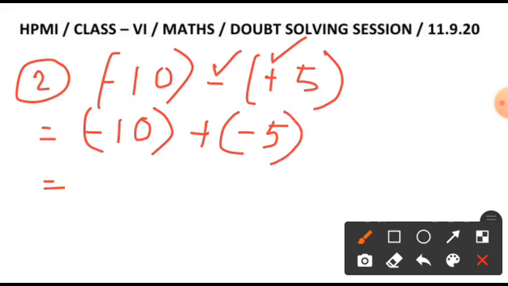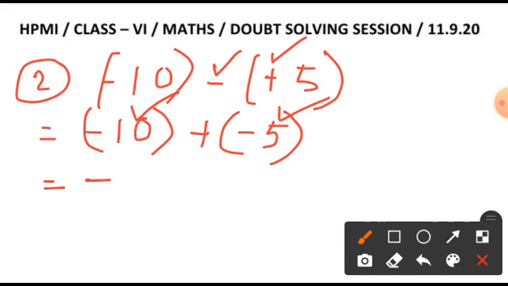Now here see, watch very carefully that you are adding the two numbers having same sign. When you are adding the two numbers having same sign, in that case what we will put? We will take the minus sign common. We see that we are adding minus 10 with minus 5. So you can see that both the numbers are having minus sign before it. So in this case you are writing the minus sign.